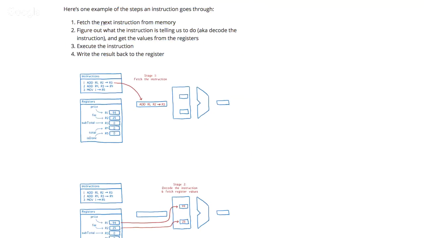Okay, so fetch the next instruction from memory. So is this the first instruction? Okay, yeah, this is the stage 1 they're talking about. So this is an example of all the steps that an instruction goes through. So the first step is it'll fetch the next instruction from memory,